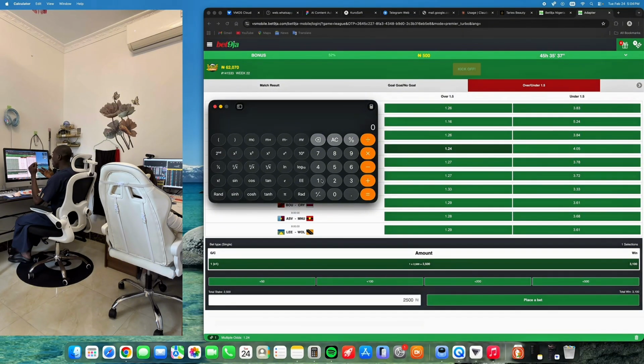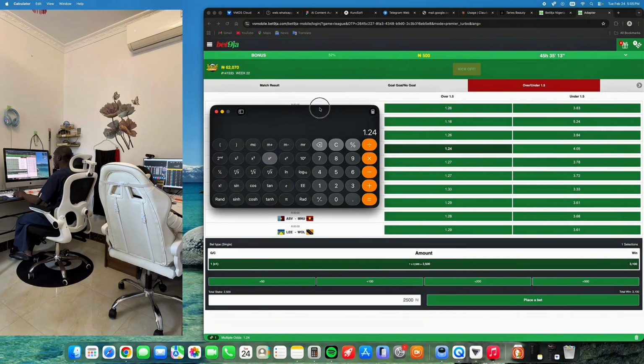Now, if you're in odd builder, you first pick the average odd you will be making use of. So in our own case, the average odd is 1.24. Okay, so you use x raised to power this, which is something as raised to power. Then how many times you want to recover it, how many odd you are expecting to recover with.